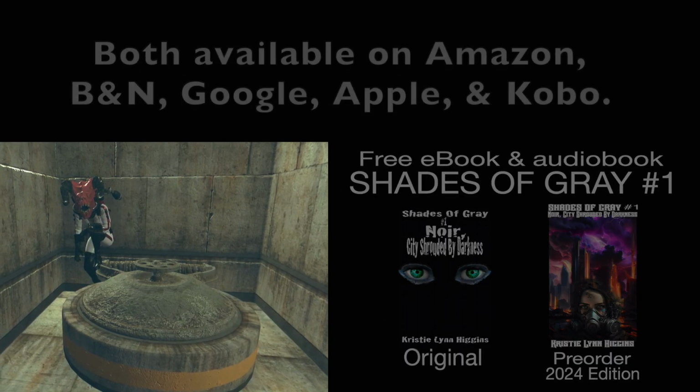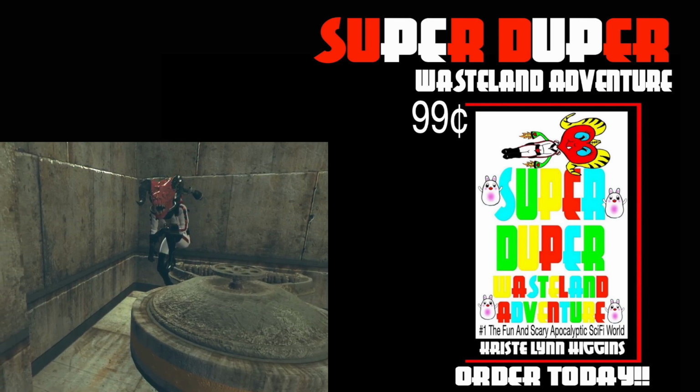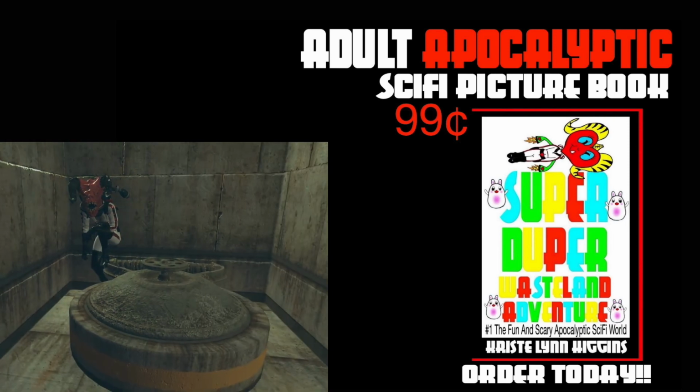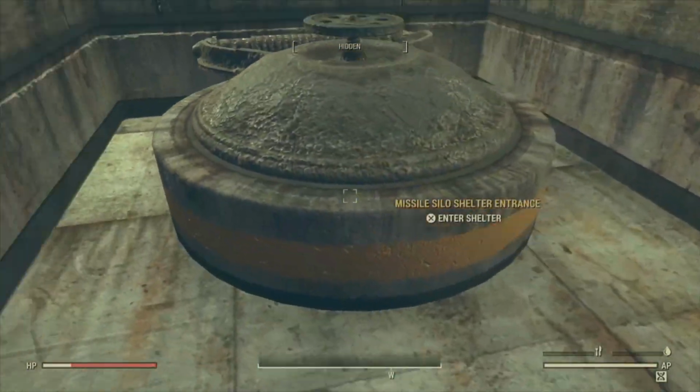In this video, we're going to be taking a tour and location of the Missile Silo. It is back in the Atomic Shop. So we'll be taking a tour and location to see if it's something you might want to have. So first thing, let's go inside it. It's one of the entrances. And once we get in there, I'll show you